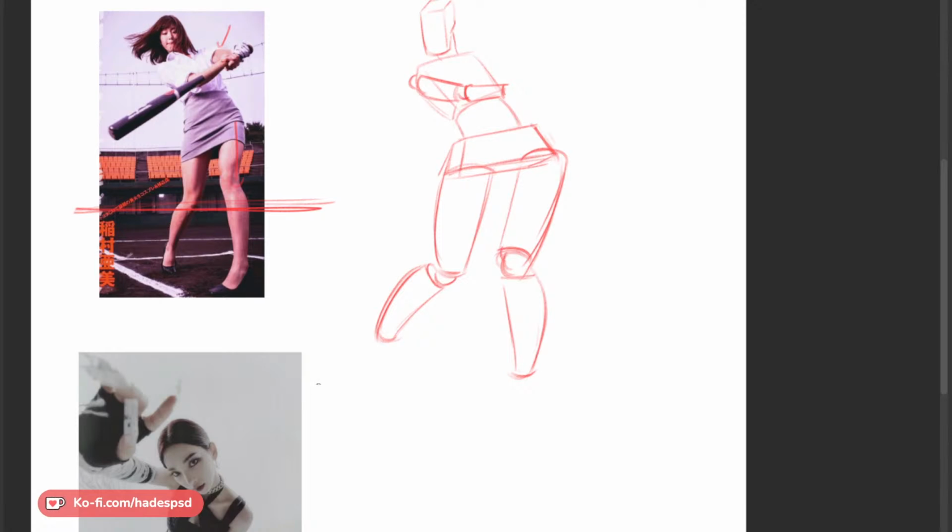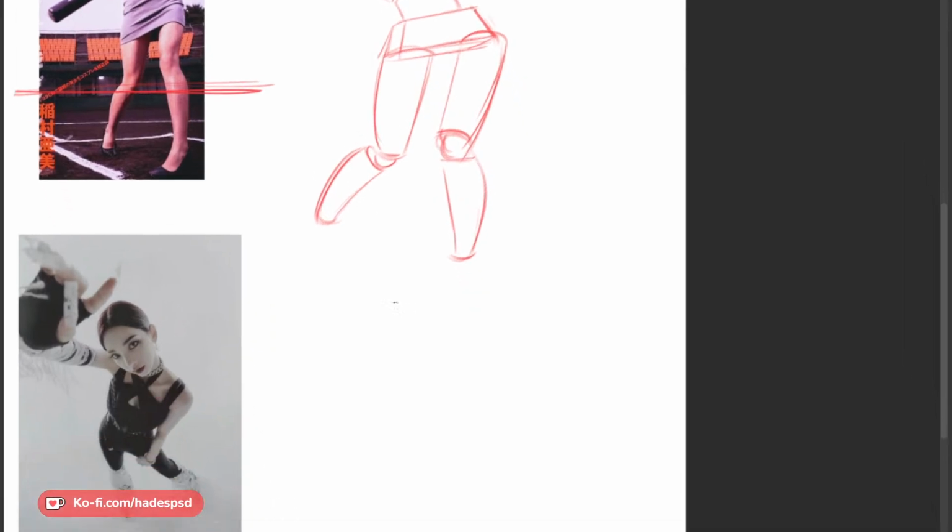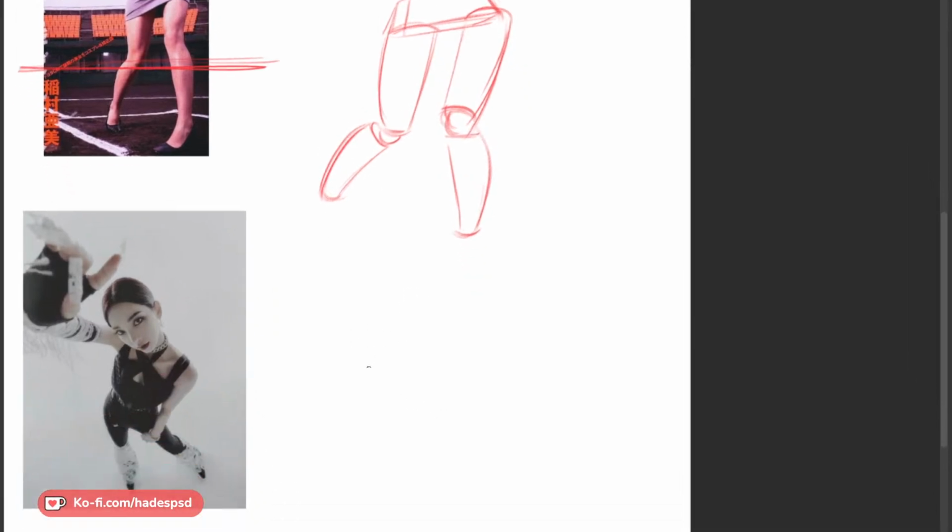The only differences I make are things I do to exaggerate certain features. So for instance, the typical male template is just a rectangle. You can see it's just a rectangle. Not the most interesting shape.